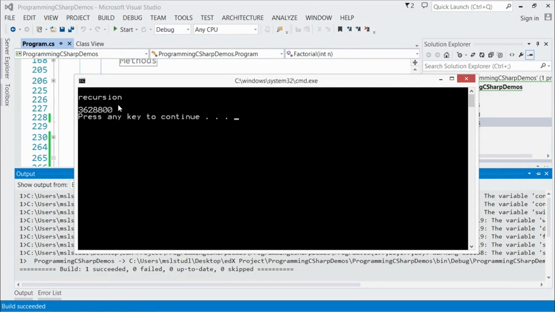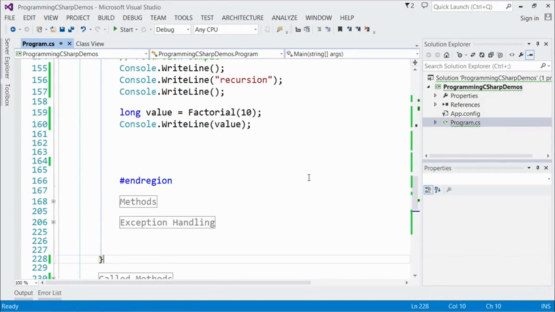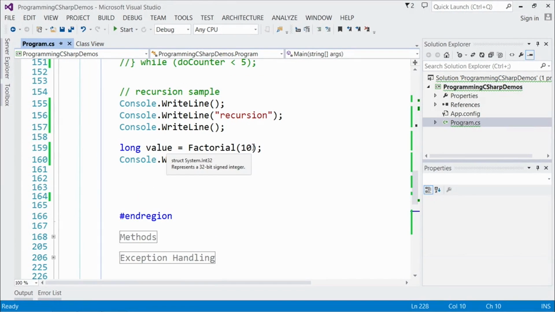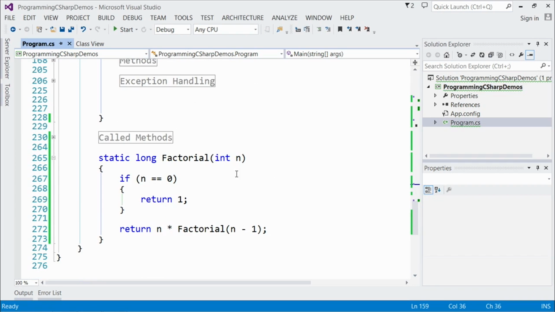And so we have run recursion, and you can see that we have actually returned a value of 3,628,800. How we arrived at that number was the fact that we passed in 10 as the argument, if you will, to the parameters of factorial. So that meant that we basically started off at 10, multiplied 10 by 9, and then 9 by 8, and 8 by 7, etc., all the way down until we got to the 0, and then we returned the total